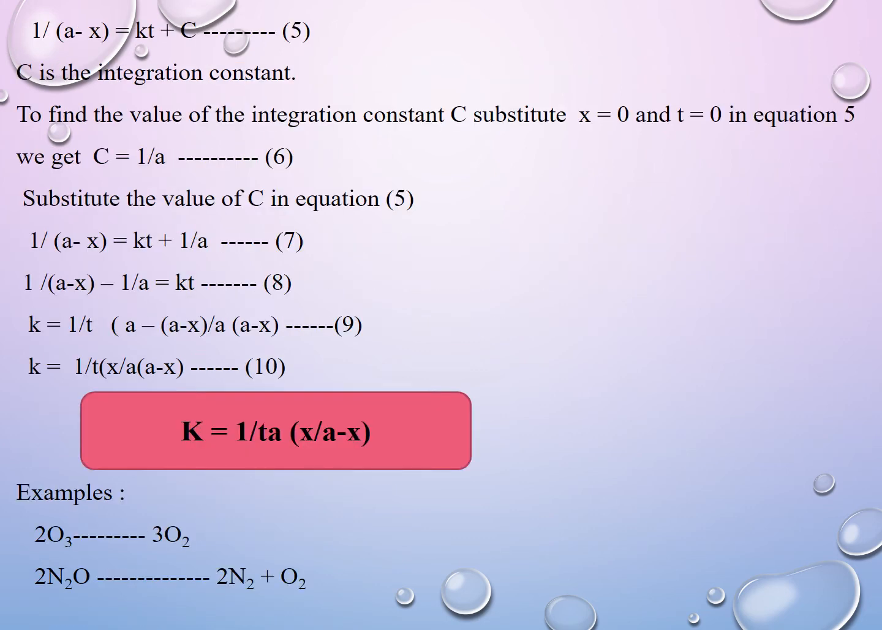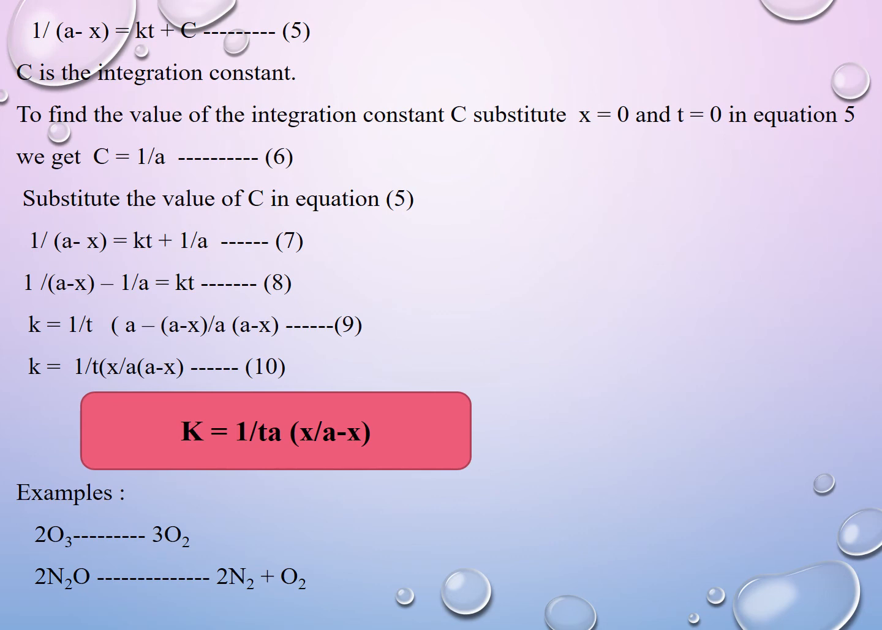Now the integration of 1 by (a minus x) square is the formula of 1 by x square. So 1 by x square is x power minus 2. So x power minus 2 on integration gives x power minus 2 plus 1 by minus 2 plus 1. So accordingly we get 1 by (a minus x). So now the equation becomes 1 by (a minus x) is equal to kt plus c, where c is the